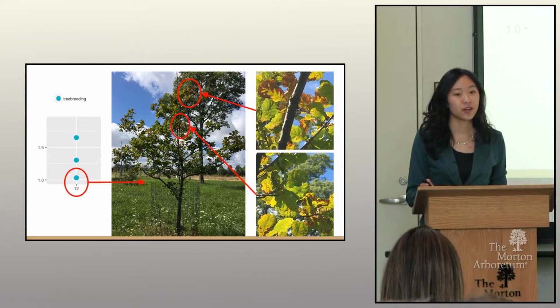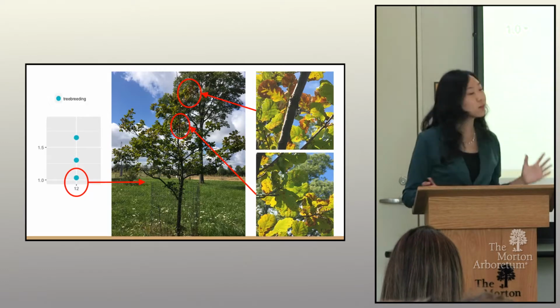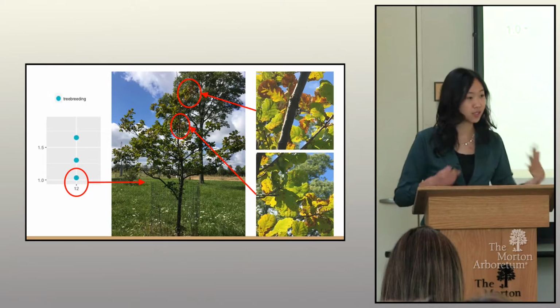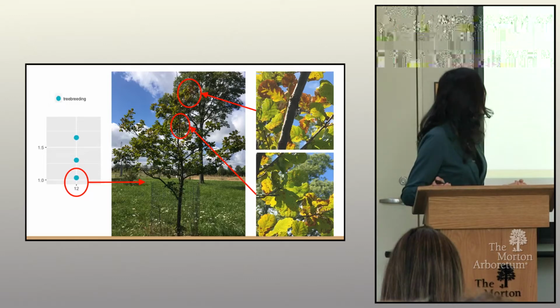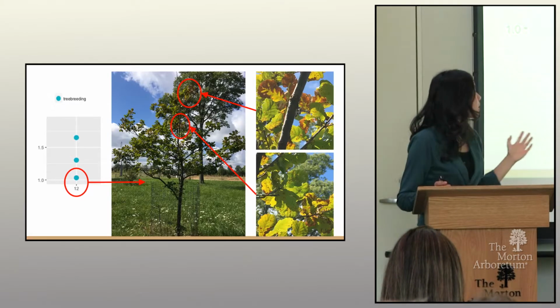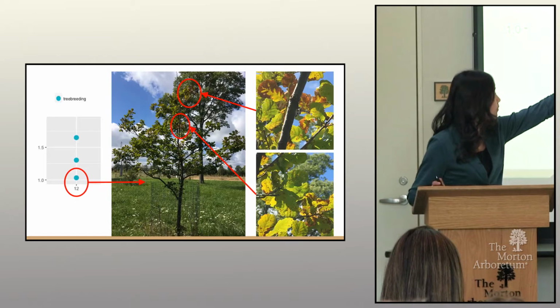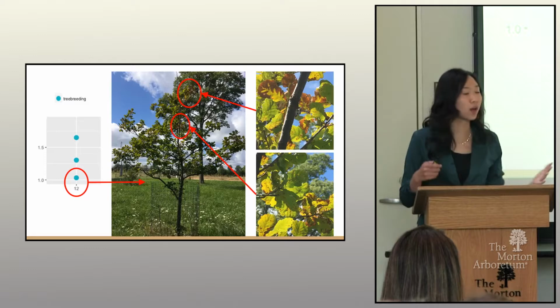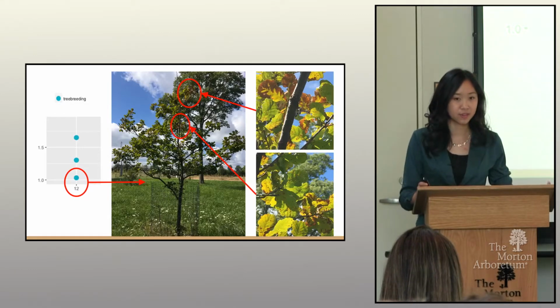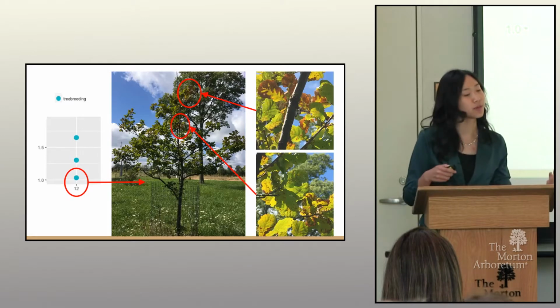Another factor to consider is that the trees may not be healthy. So I went out last week to study my trees to see if I could pick up any symptoms, and I found that the tree with the lowest percent foliar nitrogen was also exhibiting symptoms of the scorch. You can see the banding up there. So while I can't say that age is affecting nitrogen or location is affecting nitrogen, this information could be used